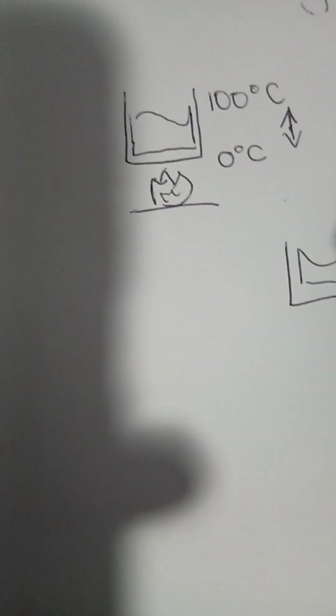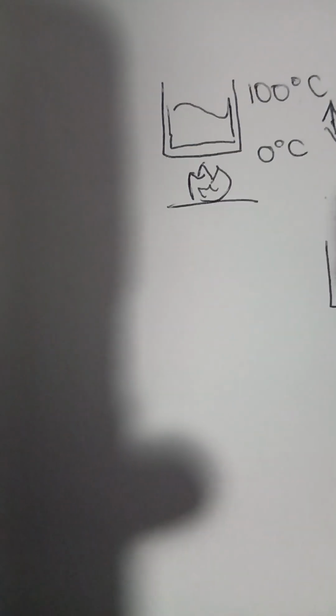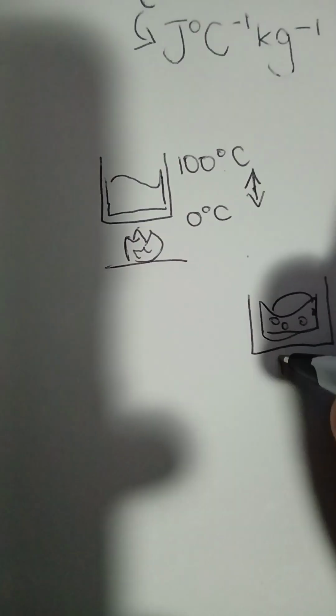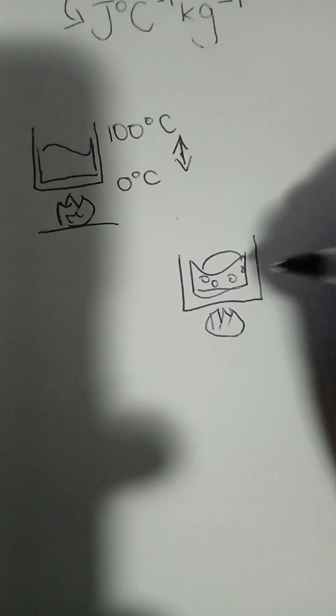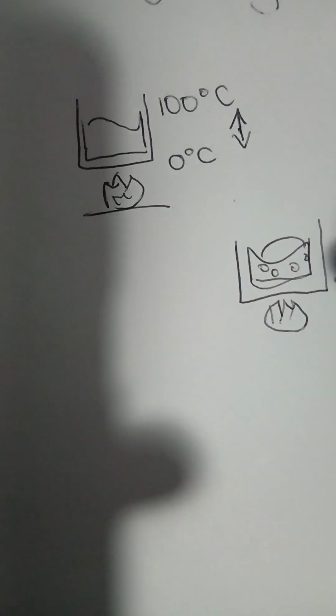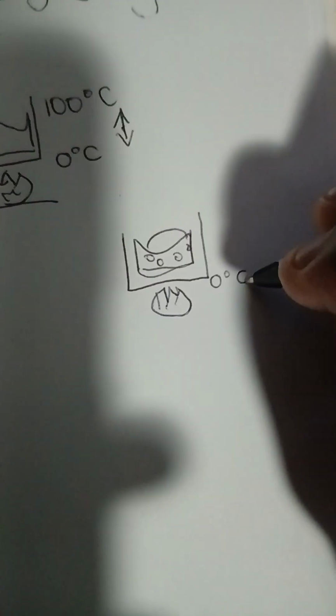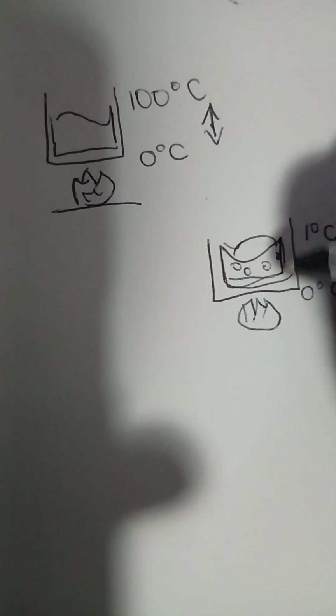But for the demonstration of our use case, we're just going to make it simple. This is the water, this is the bubbles, this is the heat energy which is applied. How much energy or heat do we have to apply to increase the temperature of this water from 0 degrees Celsius up to 1 degree Celsius? Well, chat, that is where the concept of specific heat capacity comes in. That can be calculated by this formula which is here. So specific heat capacity itself,